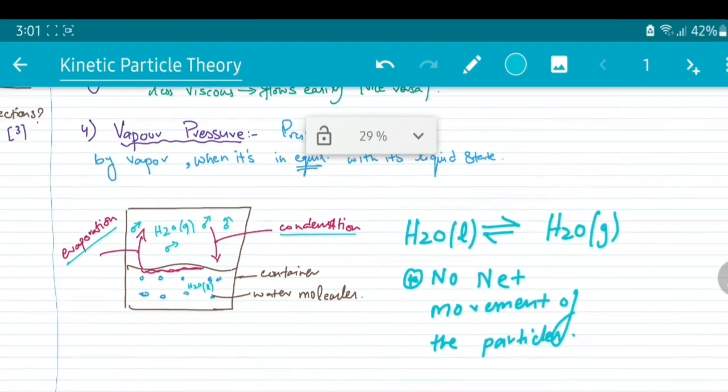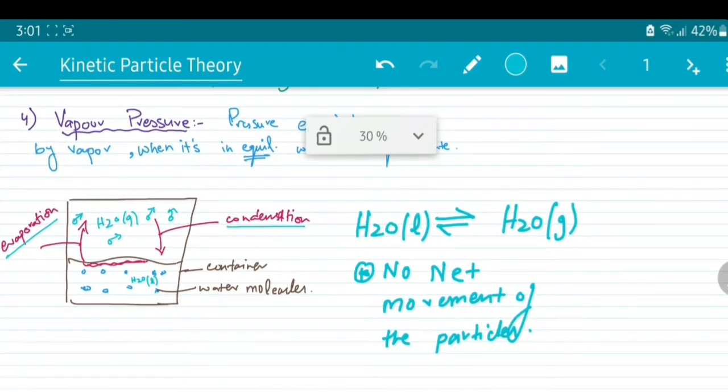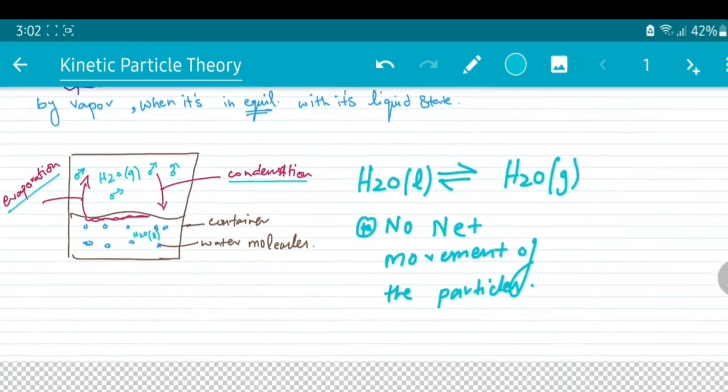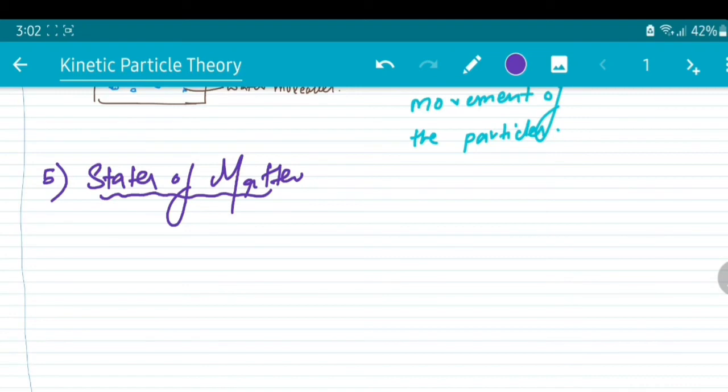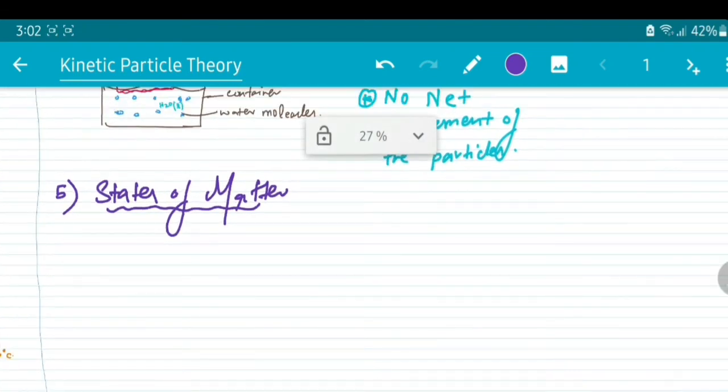So here we learn about the pressure: when the particles are evaporated, they cannot go outside, and they lose energy and constantly condense. After some time, equilibrium is reached, where the net movement becomes zero and the pressure is constantly made. So moving on, the last physical property that depends on the attraction of force between particles is the states of matter,